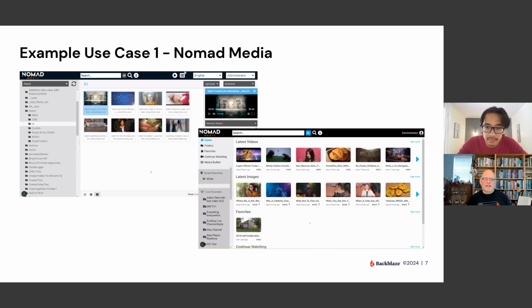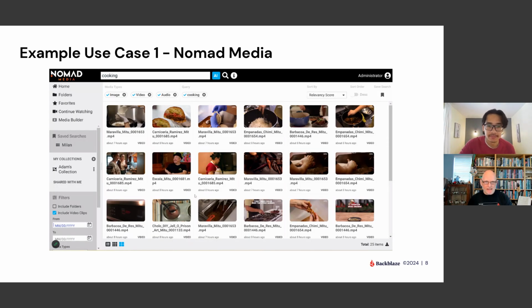So I was just going to say this is essentially a media asset manager. We have a Backblaze partner with a couple of different vendors, I think Iconik and Axle.ai, and this is basically doing that same thing. And what Nomad have done, instead of having to develop that video understanding model themselves, they're using your off-the-shelf capability, building that into their app. That is correct. Cool. And this is search. Yeah, exactly.